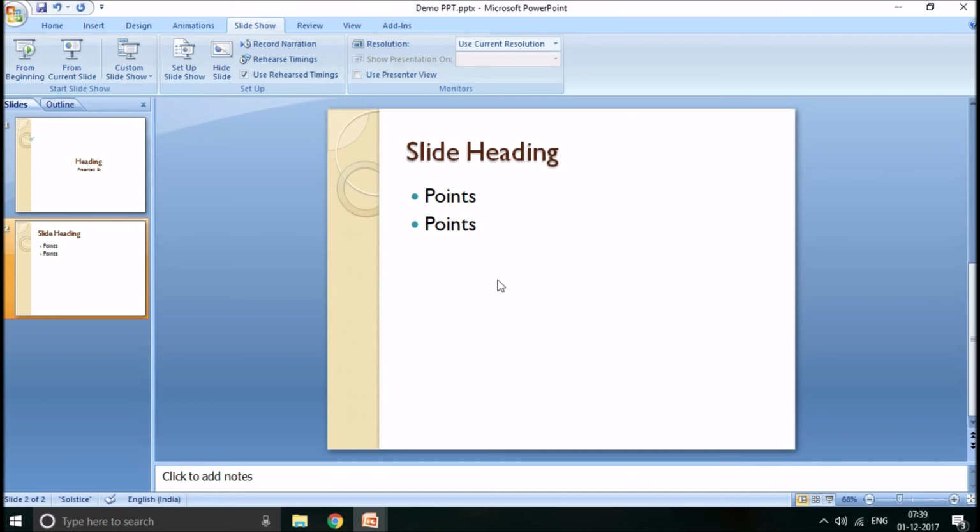Hope this MS PowerPoint is clear to you. It is very, very simple. Once you have understood MS Word, MS Excel, PowerPoint is not very complicated. It's very simple. Basic terminology remains the same. It is basically used to create presentations. Once you create the presentation, you can save the file either in the PPT format or a slideshow format, and you can use it for your day-to-day presentations.